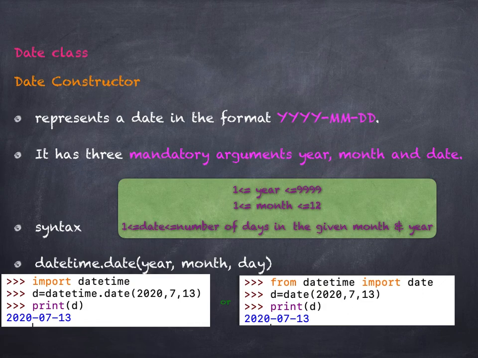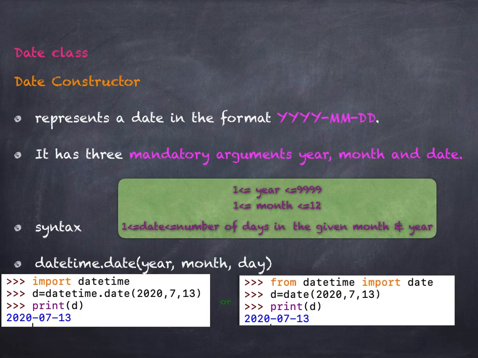First class is the date class. In OOP concepts, every class creates a constructor by default, and the class and the constructor will have the same name. So the date class has a constructor with the name date itself, and it represents the date in the format YYYY-MM-DD. That is, it allows 4 digits in the year, 2 digits in the month and 2 digits in the day. And these 3 arguments are compulsory. That is why they are mentioned as mandatory arguments.